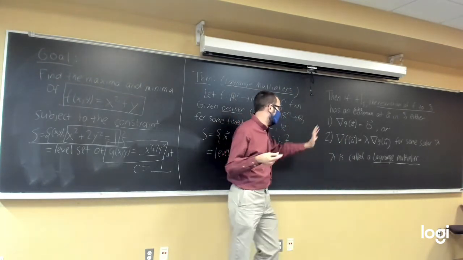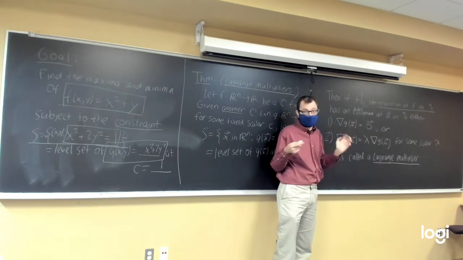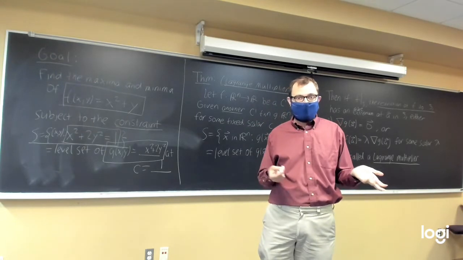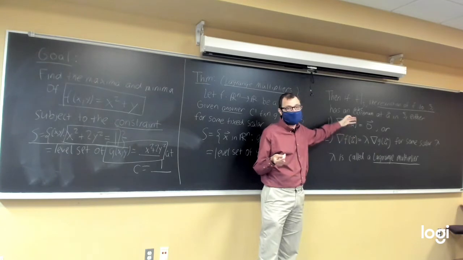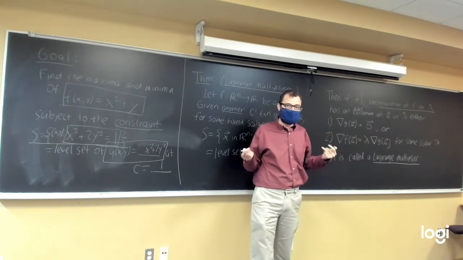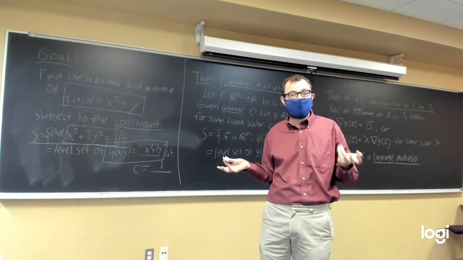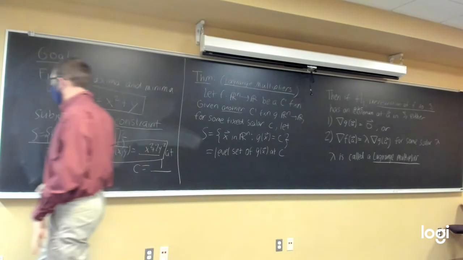What we're going to do is find all of the points that satisfy one of these two properties. If the absolute max and the absolute min have to occur at one of these two types of points, let's find all of these types of points, and then we can plug them all into the function to see which gives us the biggest output and which gives us the smallest output. So in other words,